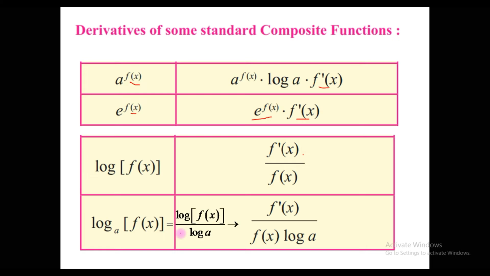See, this is not the derivative, I am just simplifying this function first. Okay, this is the simplification of this function. After that, this 1 upon log a part is simply a coefficient, so it will remain as it is. And what is the derivative of log of f of x? We have seen it just now, it is f dash x upon f of x. So we will multiply this 1 upon log a into f dash x upon f of x, same as what we have done here.